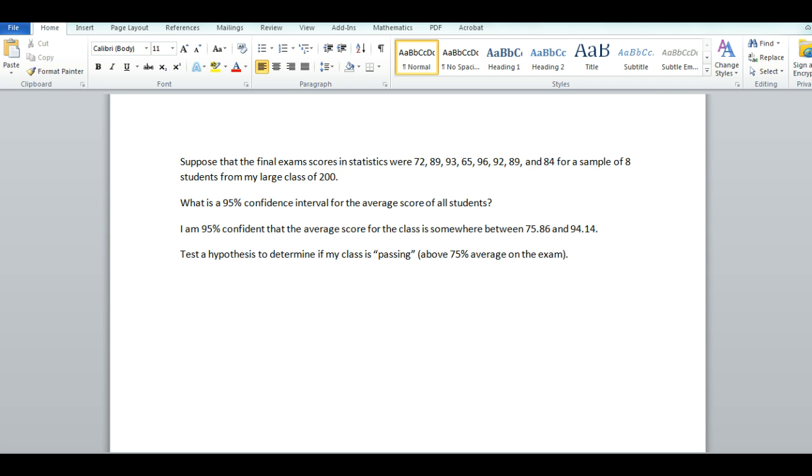So in this case, the null hypothesis would be that the mean, or the mu we usually use, is equal to 75. And we're hoping to test an alternative hypothesis, which will have a mean that is bigger than 75, because that would mean people have above 75. So to test this out,